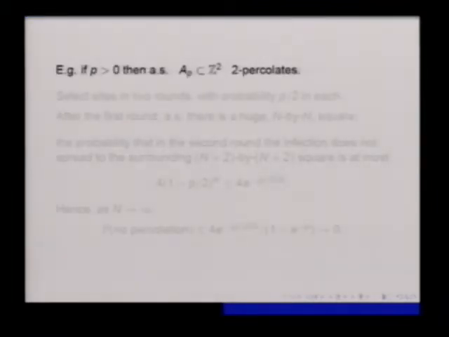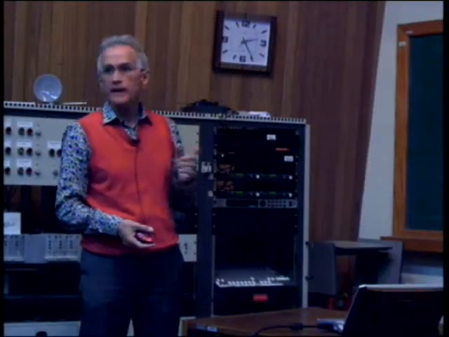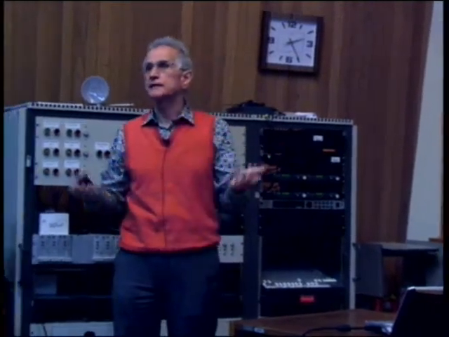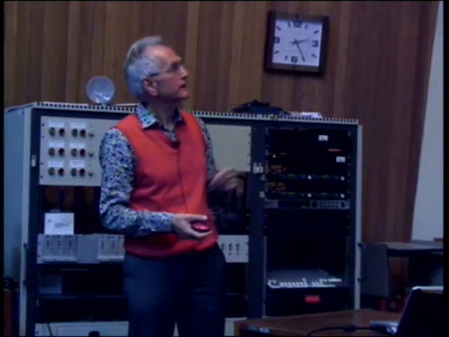Okay, I mean that's essentially instant, but still, so that I doodle a little bit, let's see why the result is obvious. So, for example, if p is strictly positive, then what we would like, let's just take the plane, is that our random selection percolates with probability 1, almost surely. Okay, let's do our selection in 2 rounds. Let's do this sprinkling, which is often useful in probabilistic combinatorics. So first we select sites with probability p over 2, and then again with p over 2. Altogether we select it with a little less than p, but who cares? In fact, it's good for us.